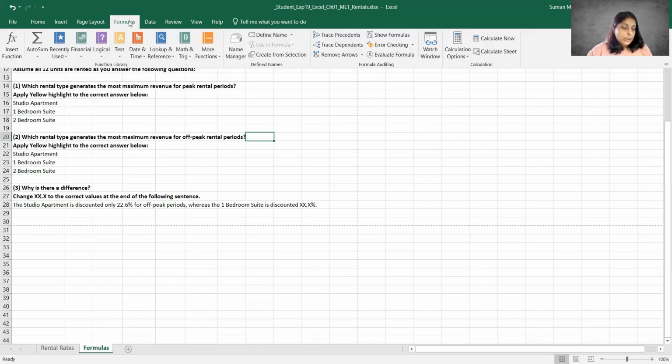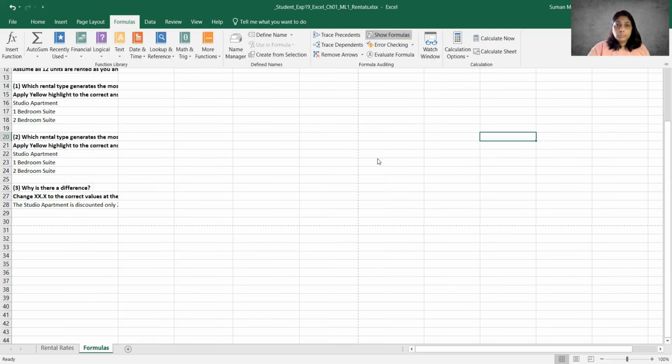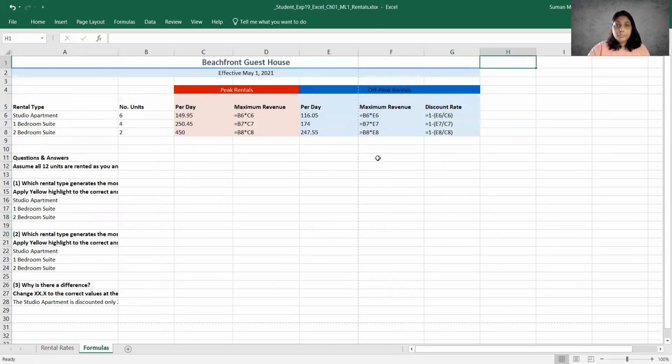On the formulas worksheet, display cell formulas. So I'm going to come over here on the Formulas tab, in Formula Auditing, and click Show Formulas. And I'm also going to set options to print grid lines and headings. What does that mean? When I print, I want to print the column letters and the row numbers, and anywhere there is text, I want there to be little lines that print.